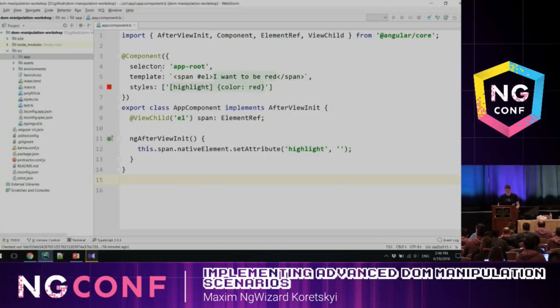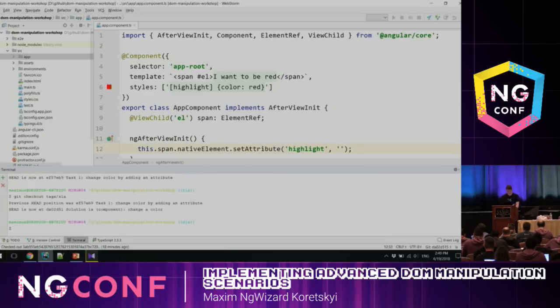So as I explained, I marked this span element with a template reference. Then I'm using it for viewChild query here to get a reference to this DOM element. And then inside ngAfterViewInit lifecycle hook, it's here, right? I'm using native element property to get access to the native DOM element here, and using setAttribute method to simply add this highlight attribute to the DOM element. Okay? And if we run it now,